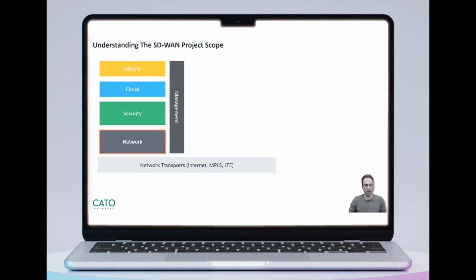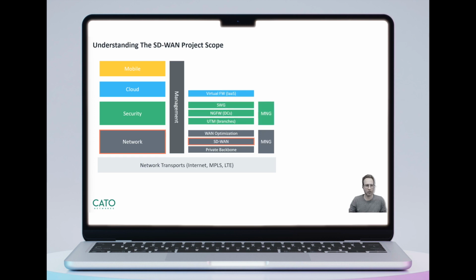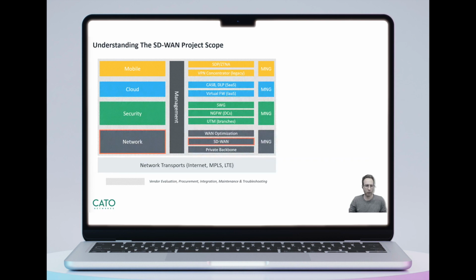If we look at what an IT infrastructure looks like today, it's comprised of the network transport we spend money on, the network stack, security, cloud, and the mobile stack and their management. SD-WAN is actually just one piece in a much greater IT infrastructure of security, cloud, and mobile solutions. And for all those different components, as IT teams, you are forced to go through vendor evaluation, procurement, integration, maintenance, and troubleshooting every time you want to refresh any one of those pieces that you see here on the slide. That is costing you a lot of money in time, resource, effort, and sometimes even frustration around so many procurement